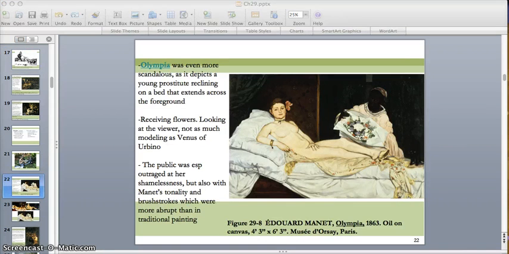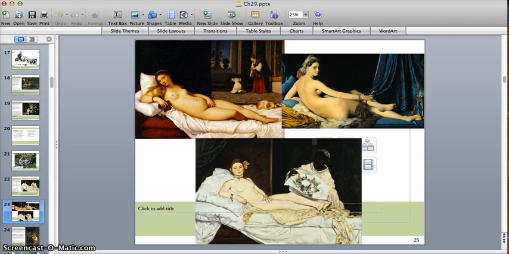So we talked about this painting, Olympia by Manet, who is a realist and an impressionist painter. And what style of art did we talk about that is influencing this? We compared it to some other female nudes as well. In the next slide, you can see. So how is she different? Okay. And Manet is influenced by